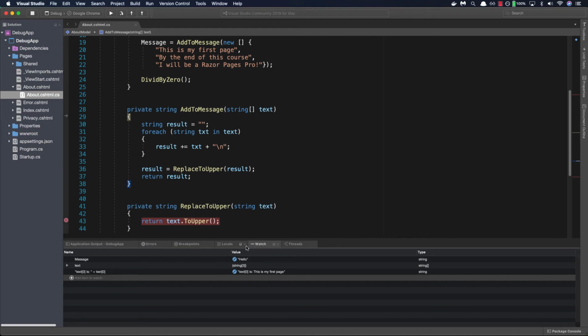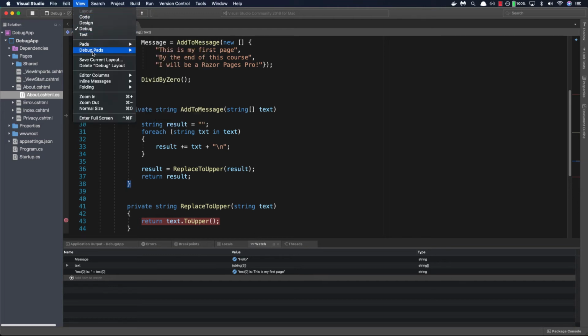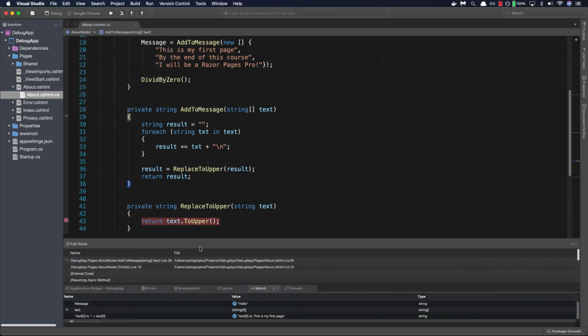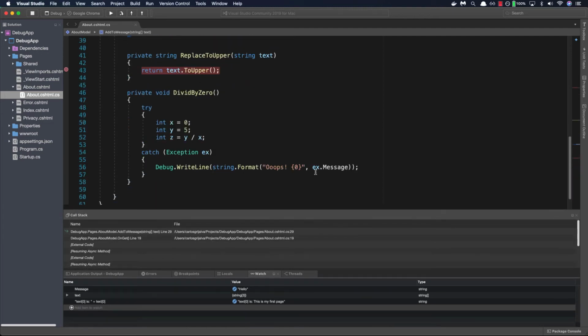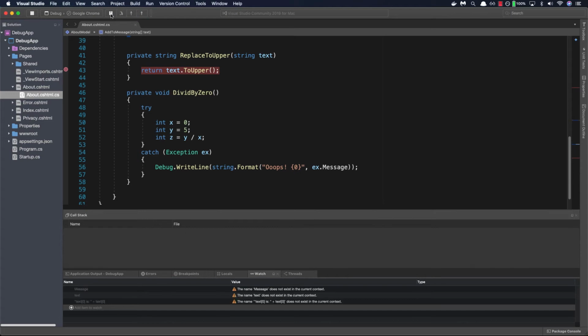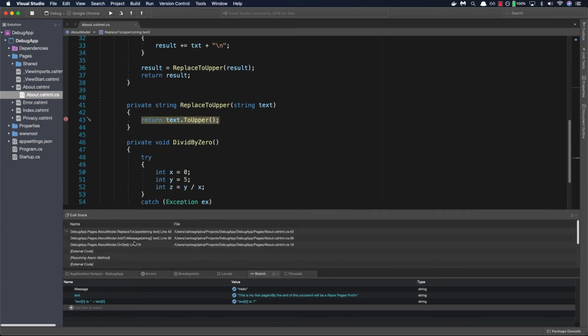Now you won't see the call stack here, and if you by any chance close any of these tabs, you can find them by going onto View, going to Debug Paths, and then you'll see the windows that are useful for debugging. So I'm going to go ahead and click the call stack, and it should show up here. So I'm going to expand this a little bit more. Scroll down. So now if we continue and I click on Run, we'll be taken and shown the call stack,